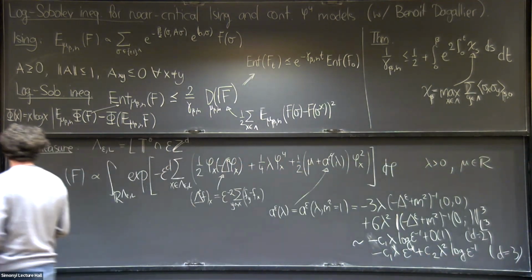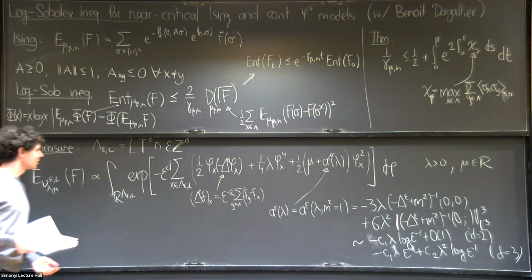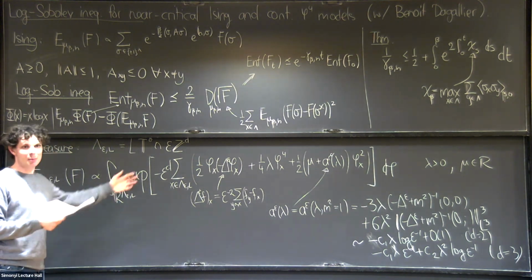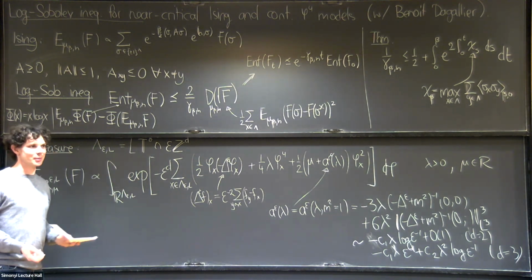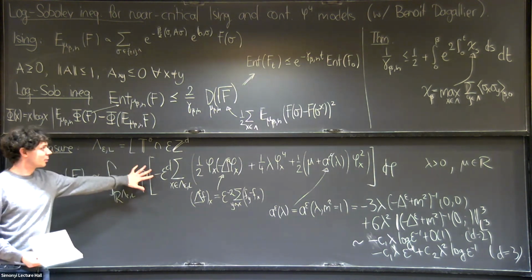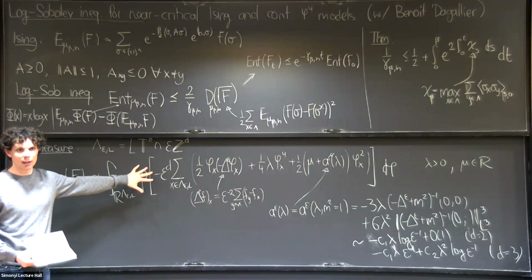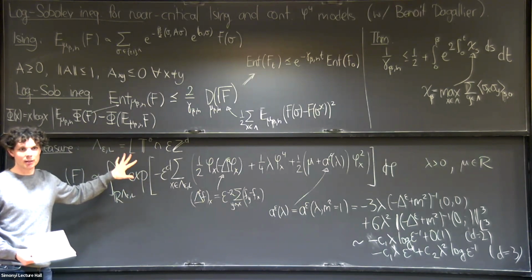So we're again interested in the dynamics of this, and the dynamics is not the physical quantum dynamics, but if you like the fictitious Glauber dynamics of this measure. You view this measure as using the Glauber dynamics here to take the continuum limit. Is that more or less correct? No, we don't take the continuum. I mean, you can take the continuum limit. What we're concerned with is just to get a uniform bound on the Log-Sobolev inequality independent of the cutoffs. Okay.